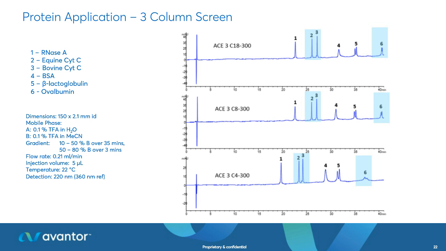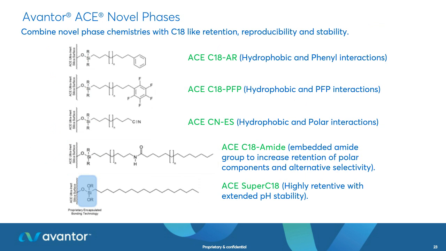These are all straight alkyl chains. So actually, if we'd run these on a phenyl, for example, that phenyl would probably have given us a bit of a different selectivity with that added aromaticity. So that's a nice alternative to the C4 to have a look at as well. With peptides, we actually run peptides down our standard small molecule screening platform, which includes these novel stationary phases we developed with these additional